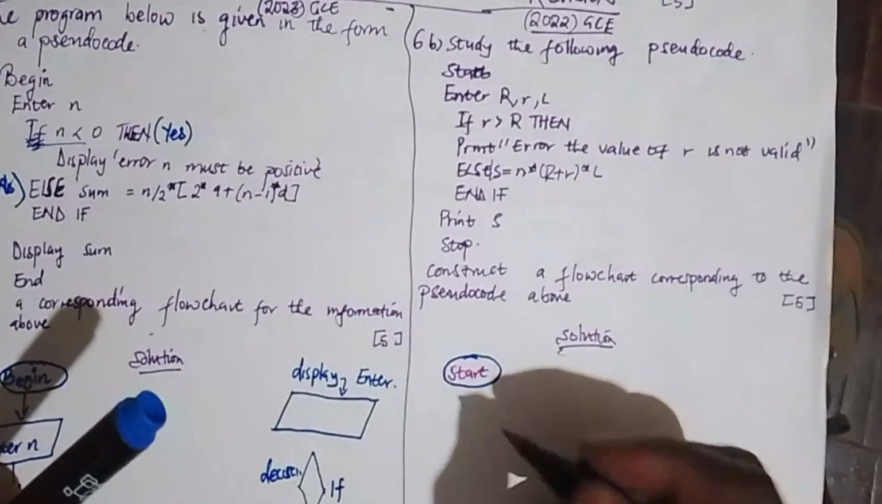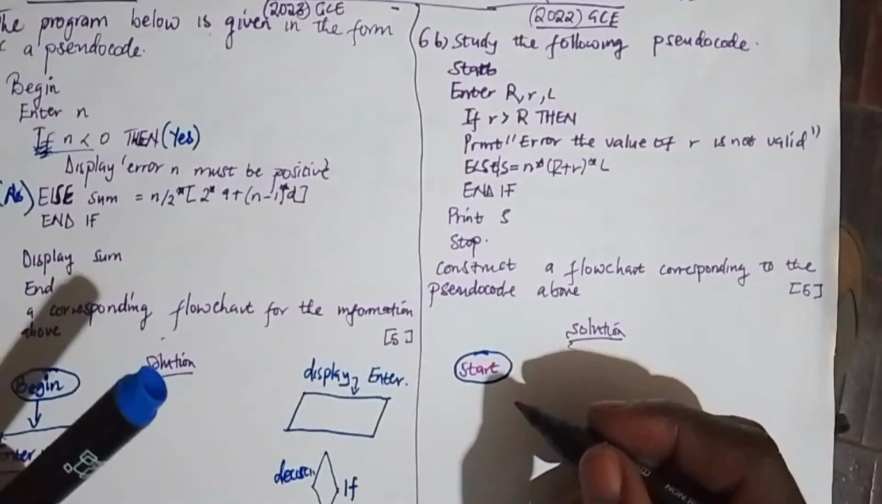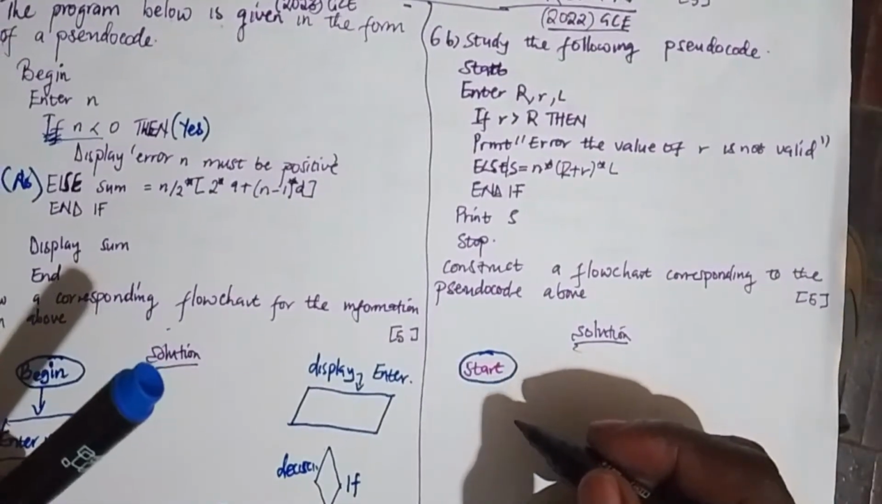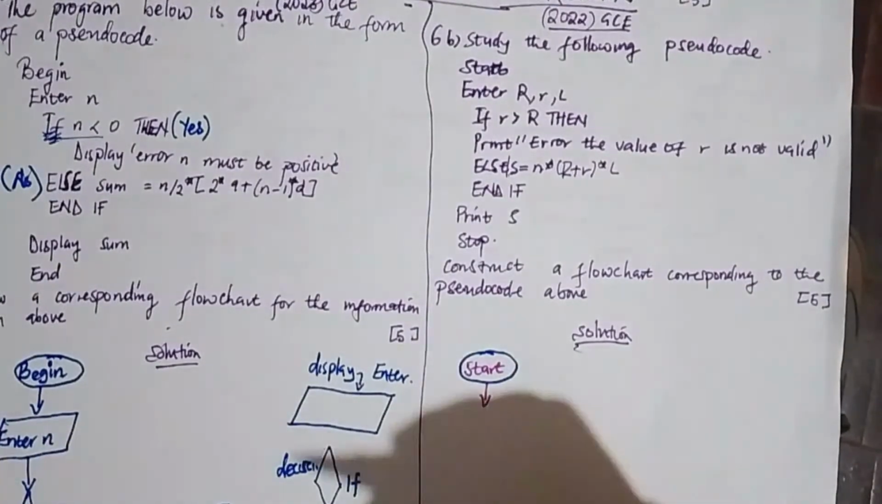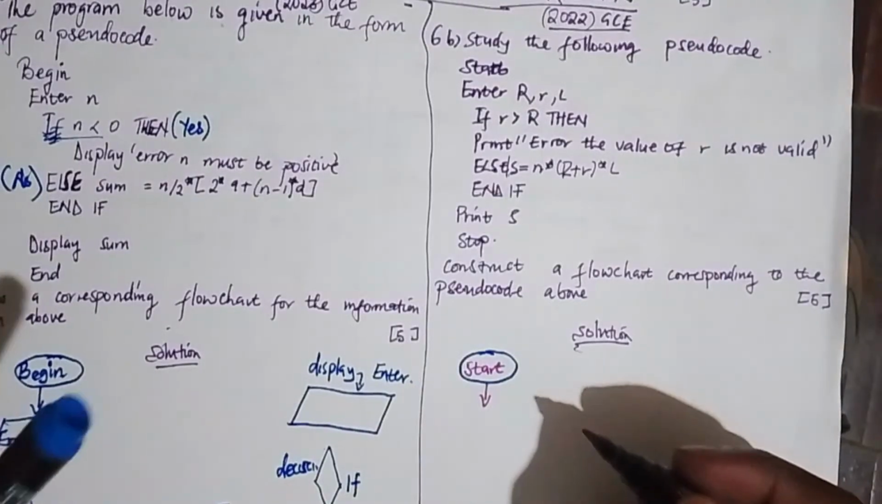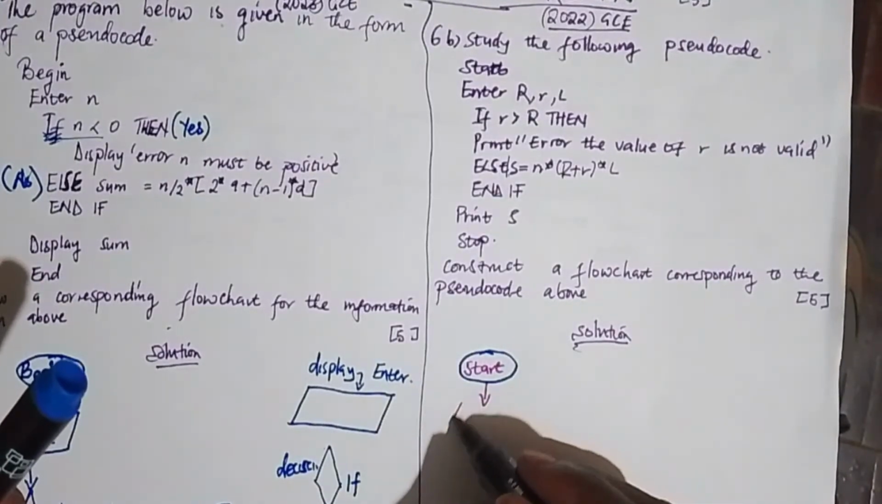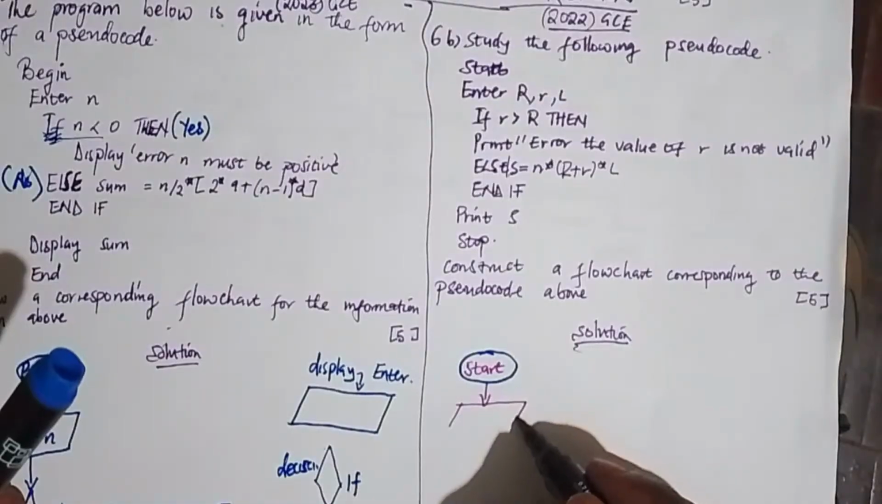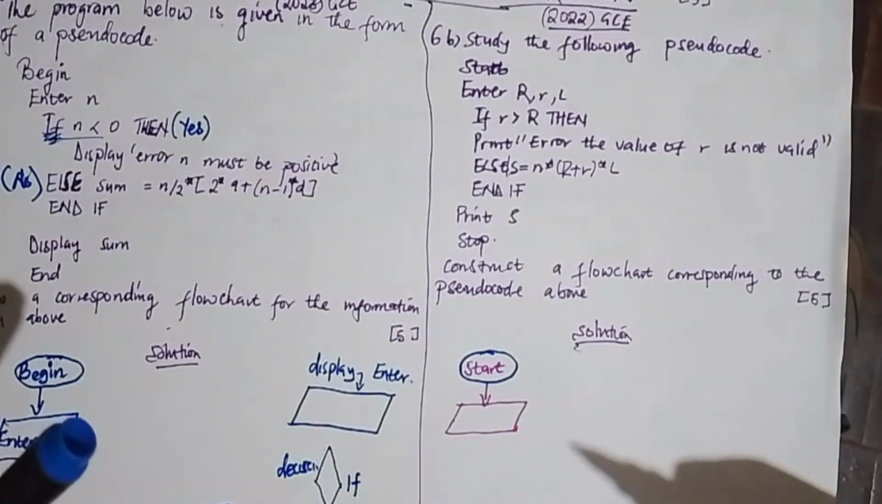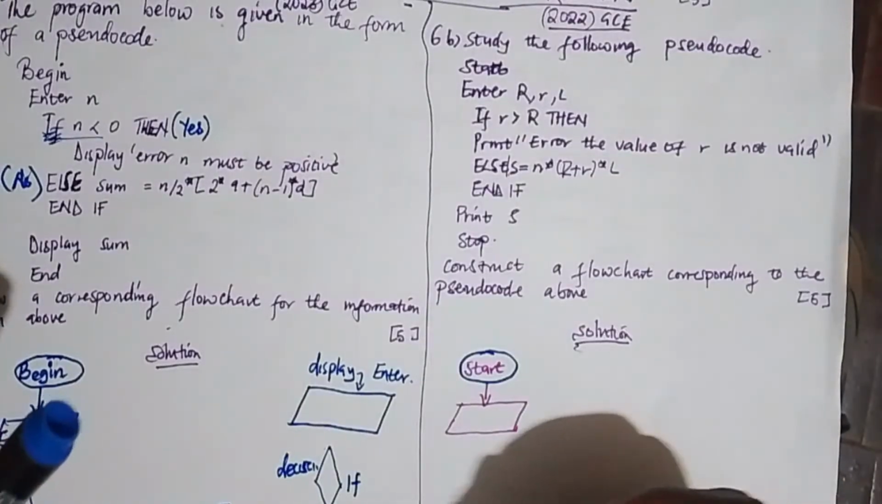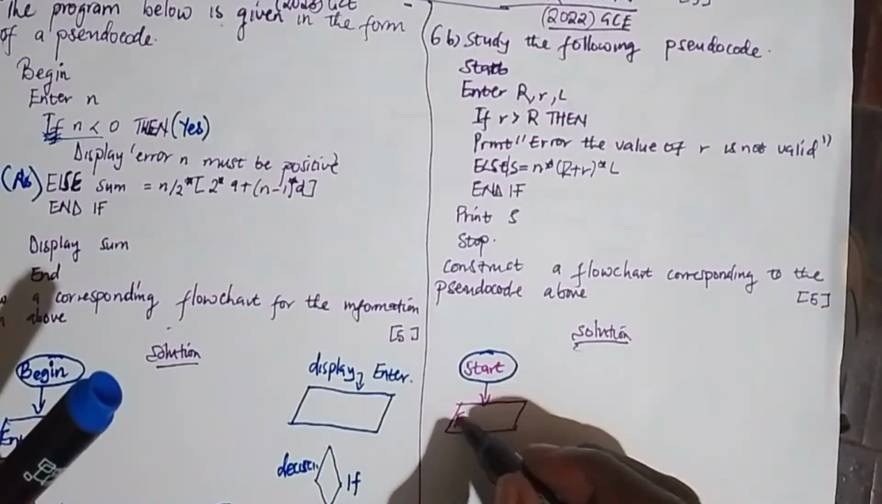Then after writing the circle, the next thing you're supposed to write is the parallelogram. Why are we writing the parallelogram? Because it's for display and enter. So whenever we see display and enter, what you should write is a parallelogram. So here now we say enter